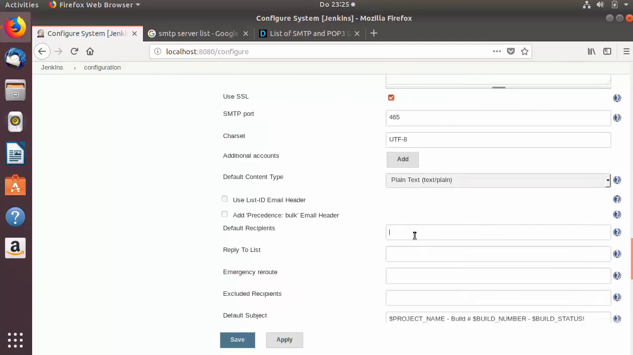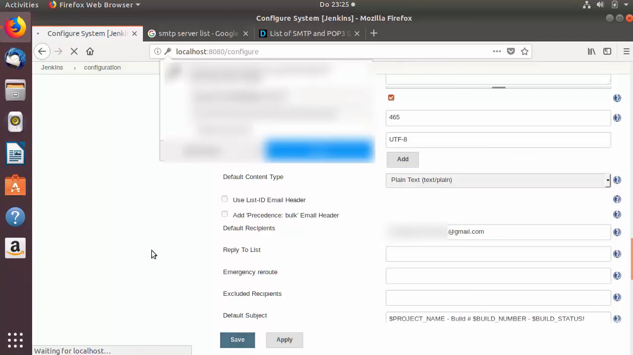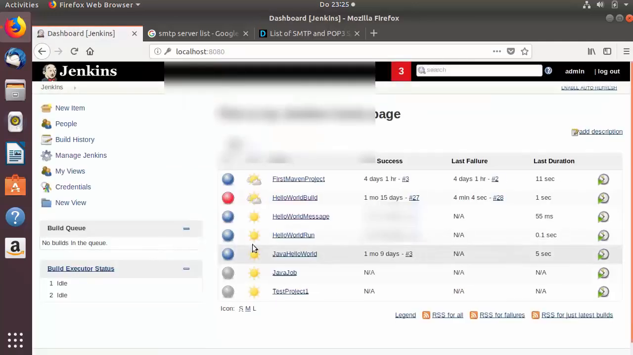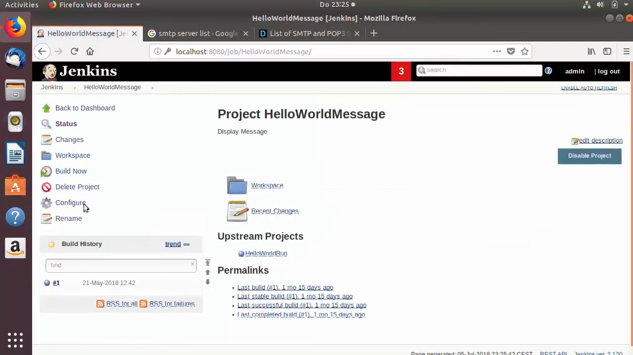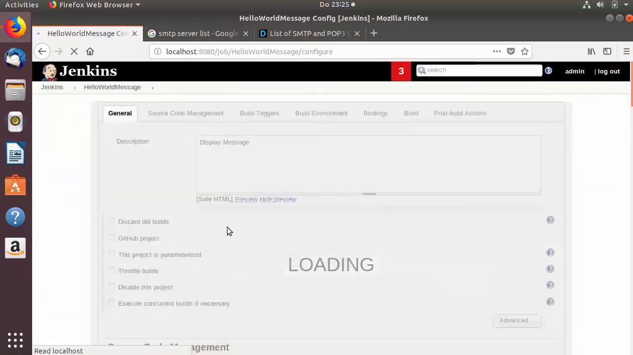One thing you can do here is add the default recipients, whatever recipients you want to use for your email. So I'm going to add one recipient which I also used in the last section, and then I'm going to save this configuration. And once my configuration is saved, I can once again go to the next Jenkins job, and go to the configuration of this Jenkins job, and then in